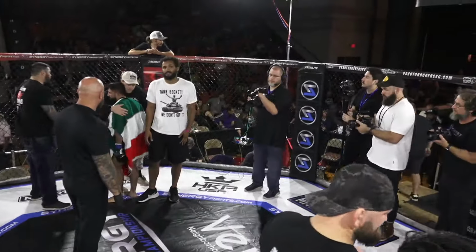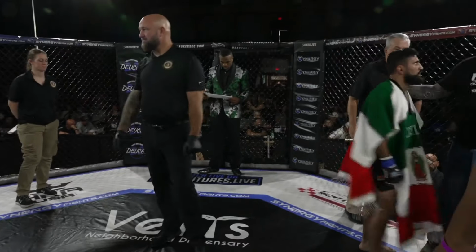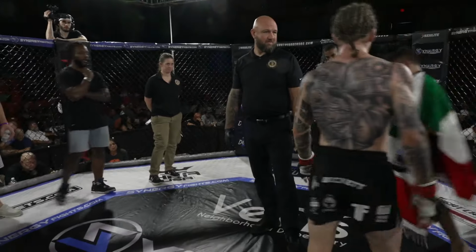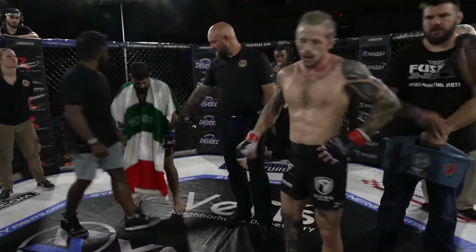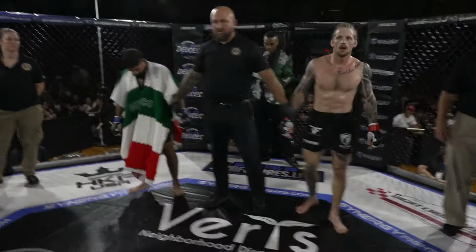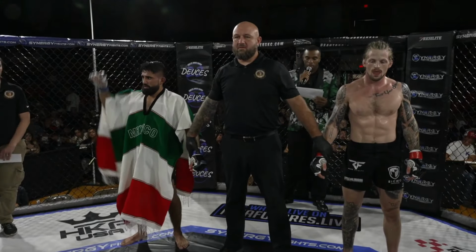Coming up from 125 pounds, he hasn't exactly had the easiest time cutting weight to get down there. He's not tall, but you see by looking at him, he is just as thick as they come for the weight class, and if he can get that dialed in, he is an absolute problem for anyone who steps up in front of him. And your winner, fighting out of the blue corner,